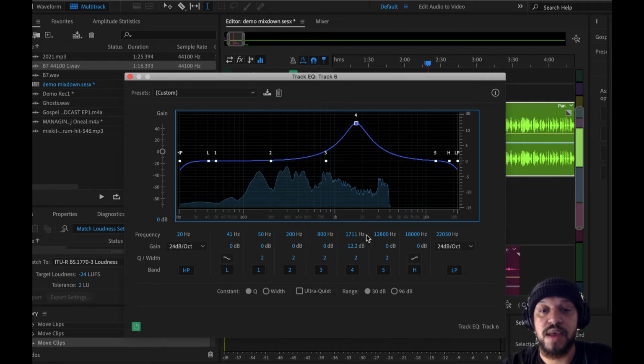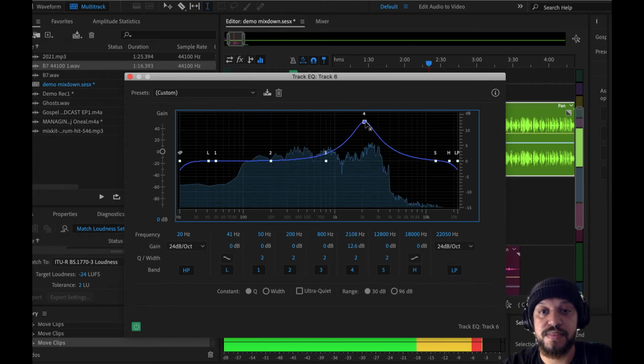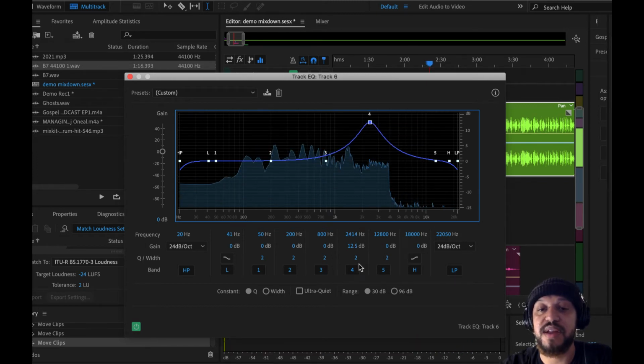And finding the frequency that's troublesome. In Cameroon, you know. And then to narrow it down even further, you can adjust what they call the Q,